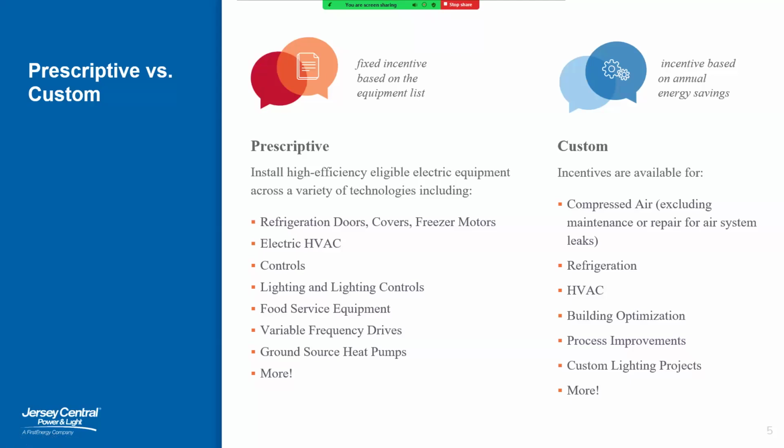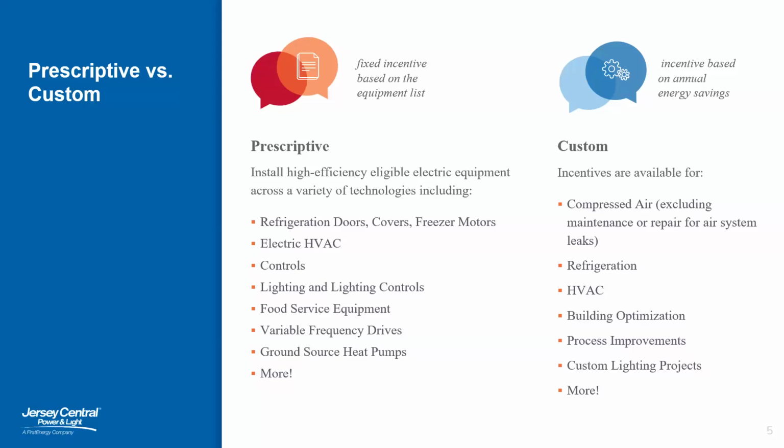for the equipment. Now, the types of equipment, as you can see on the screen, includes interior and exterior lighting and lighting controls, which can go on one application. HVAC and HVAC controls also go on one application. There's also commercial kitchen equipment, office equipment like Energy Star monitors and computers, as well as variable frequency drive fans, ground source heat pumps, and there is much, much more that can go via the prescriptive program.